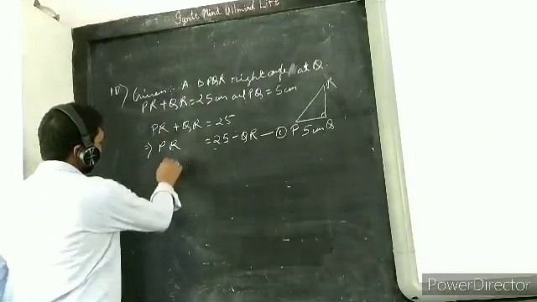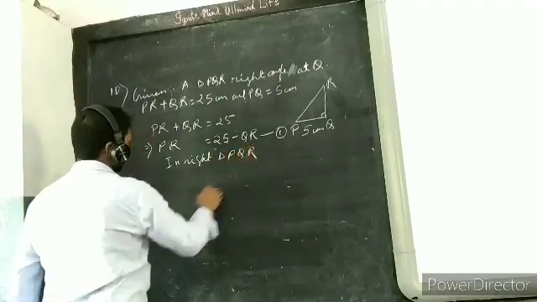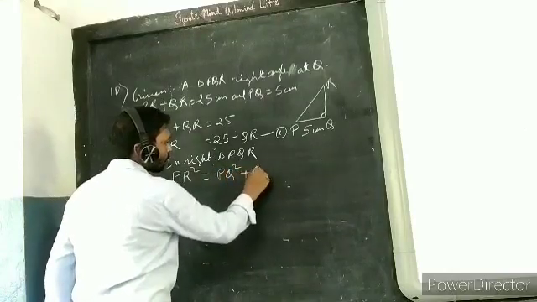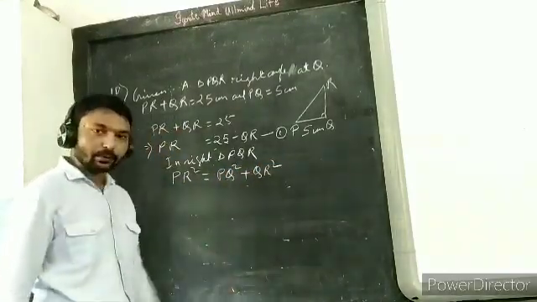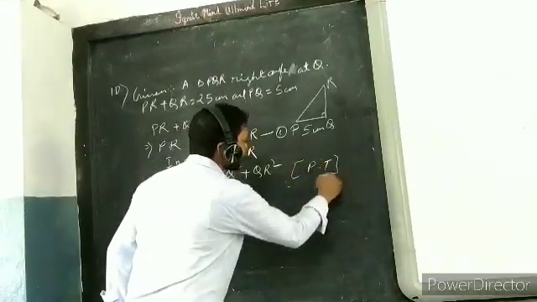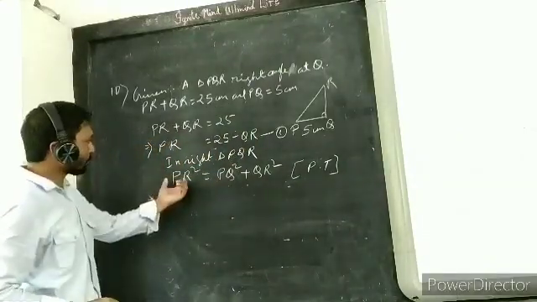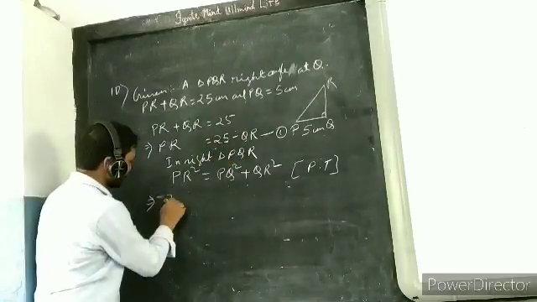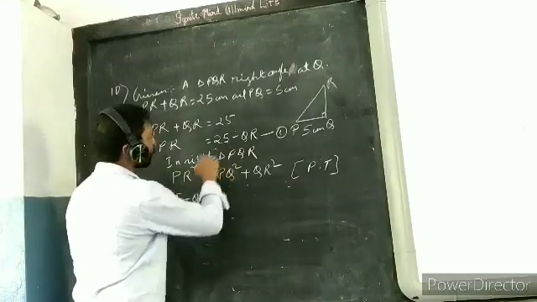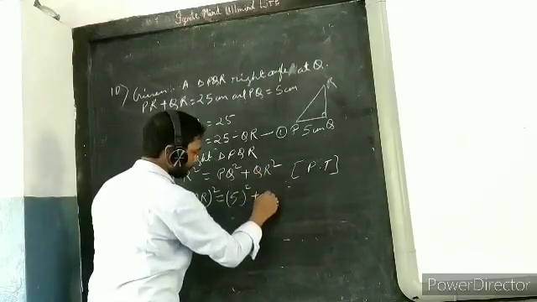Now just see, in right triangle PQR, PR square equal to PQ square plus QR square. Why I got this one? Which theorem you know? Very good. It is Pythagoras theorem. Just I am writing in short form, you don't write. Which implies in place of PR I am going to write 25 minus QR. That is (25 minus QR) whole square equal to PQ. What is the value of PQ? 5. We will write 5 square plus here QR square.